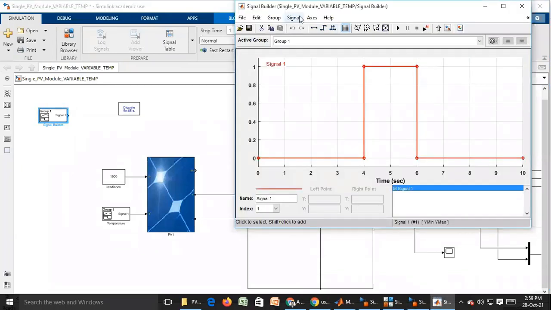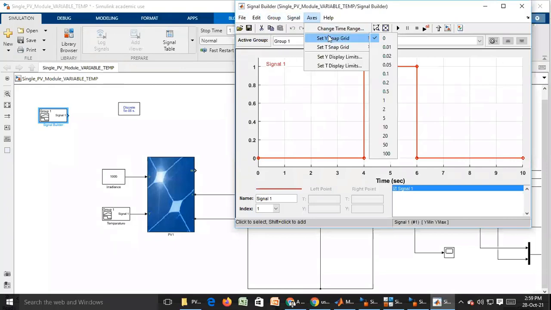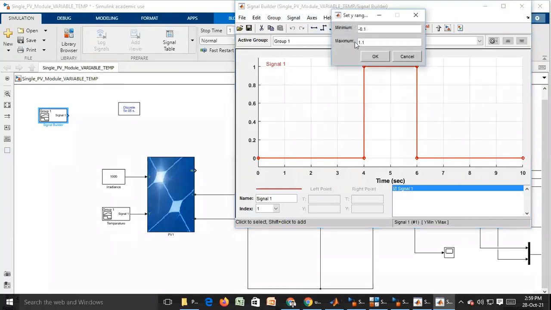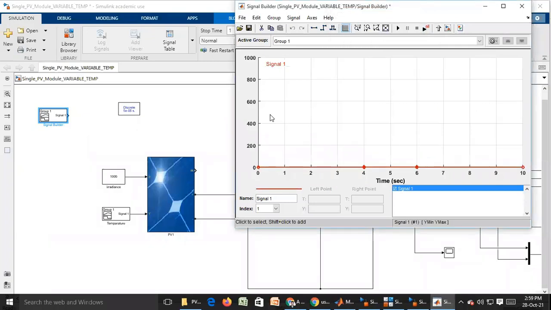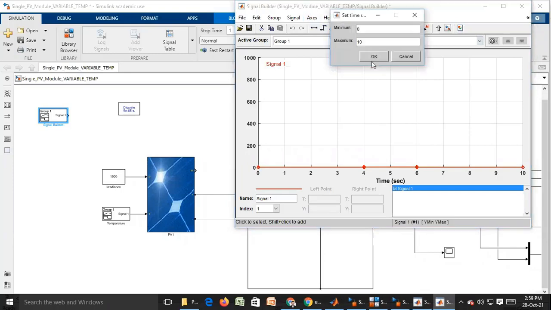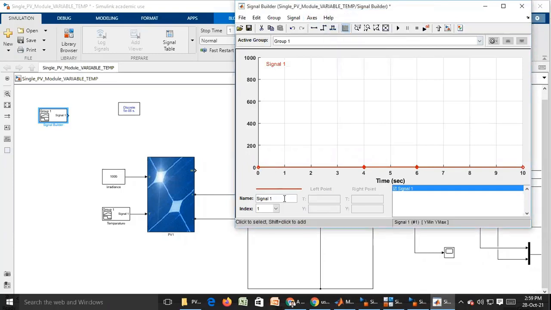Go to axis properties, and set the y values or display range. Minus 0.1 to 1 is there, so if you want 0 to 1000, set it, and in the same way in the axis properties, t can also be displayed. Now click here and take the timings. I will show you that.